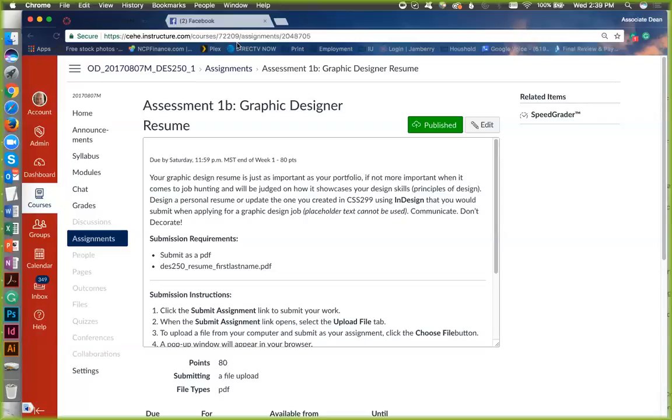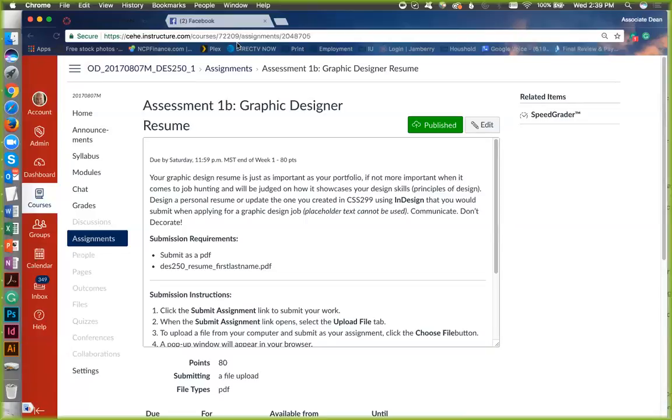You cannot use placeholder text. If you submit anything with placeholder text or a Microsoft Office document, I will kindly say, I'm sorry, I will not accept this. Please redo this and revise and resubmit. Okay? Then lastly, make sure that you're communicating and not decorating. We are in the business of communicating through design elements, right?